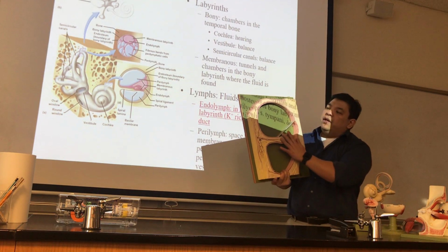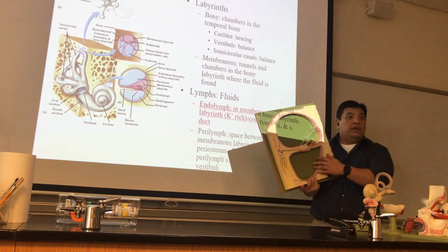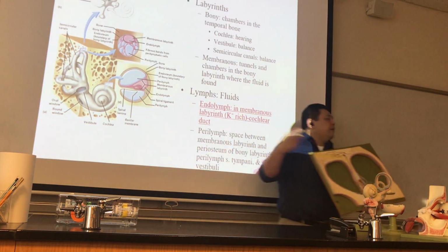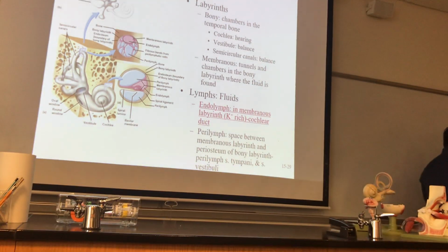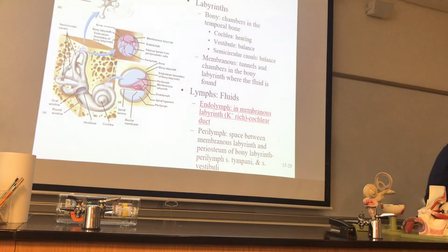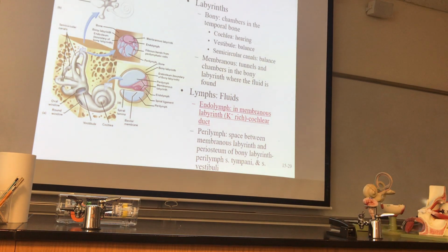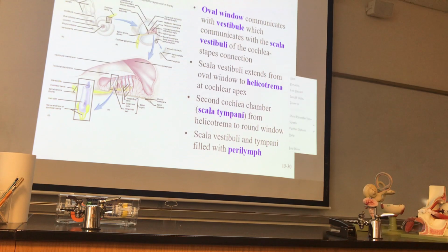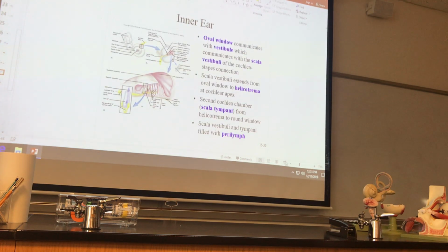When we cut it and look at it, there are three parts, right? Right up here, three parts. Now here on this slide, they just discuss what's found there, the fluid that's found there. In a second, we'll talk about what the name of those compartments are. So when we take a look at this,